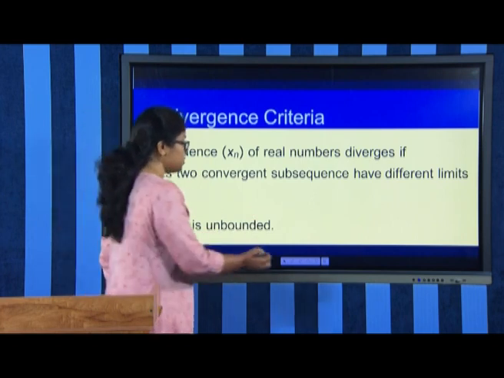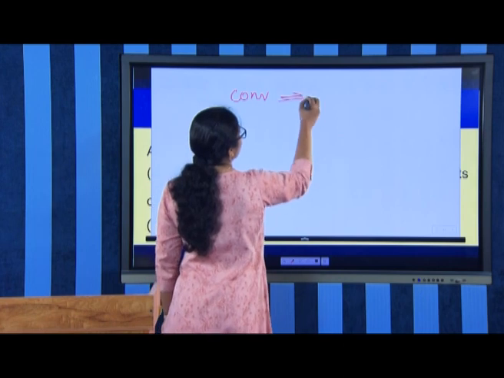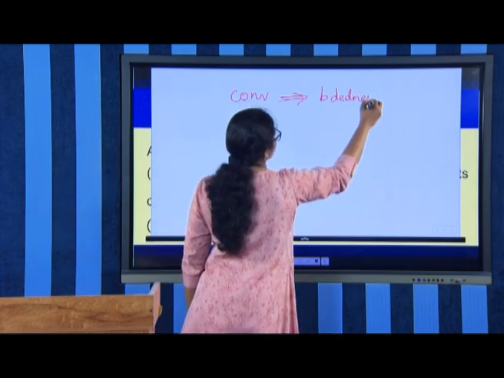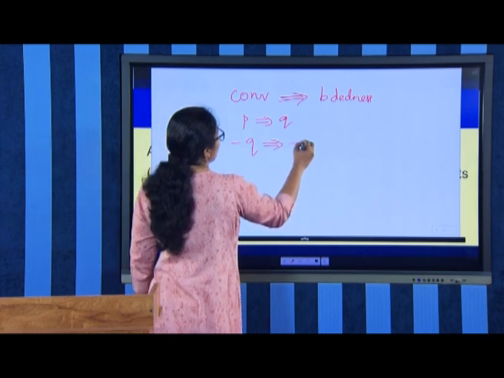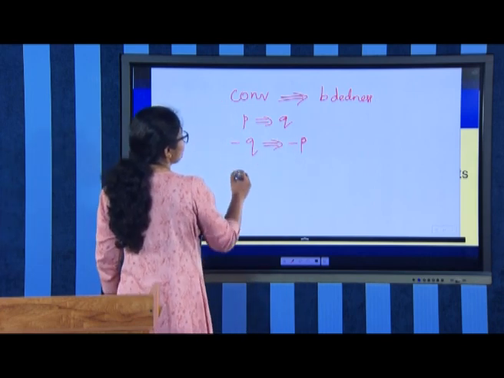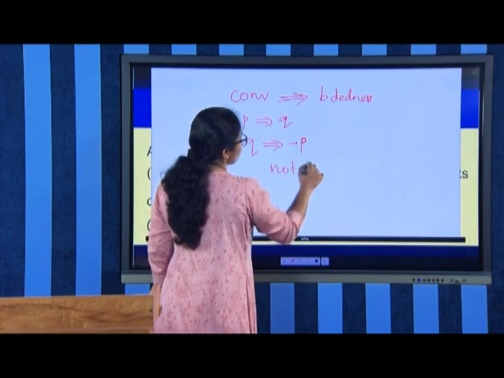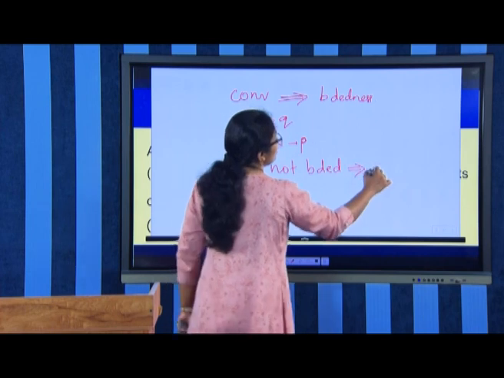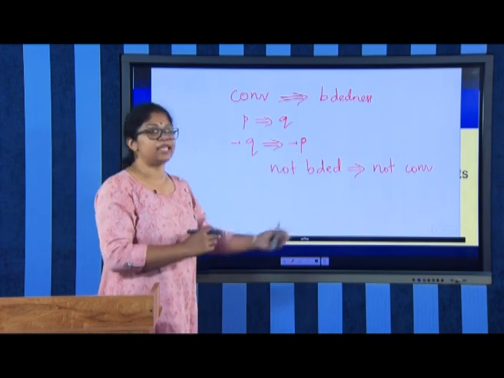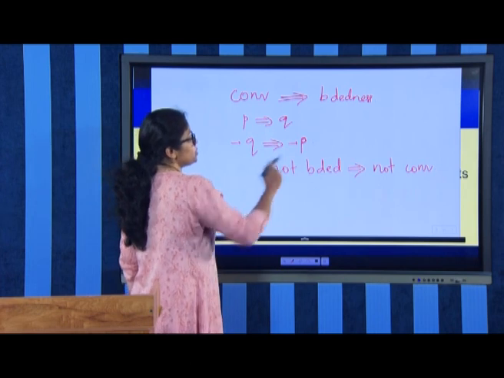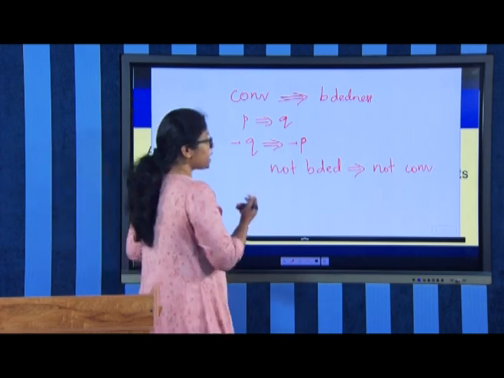The reason for these two conditions is that we have already seen a convergent sequence is always bounded. So, convergence implies boundedness. Therefore, if P implies Q, we know that negation Q implies negation P. So, we have not bounded implies not convergent, because convergence implies boundedness, which we have already seen in the previous session. So, not bounded means it is not convergent. That is why one divergence criterion is that the sequence is unbounded, and the second one is,